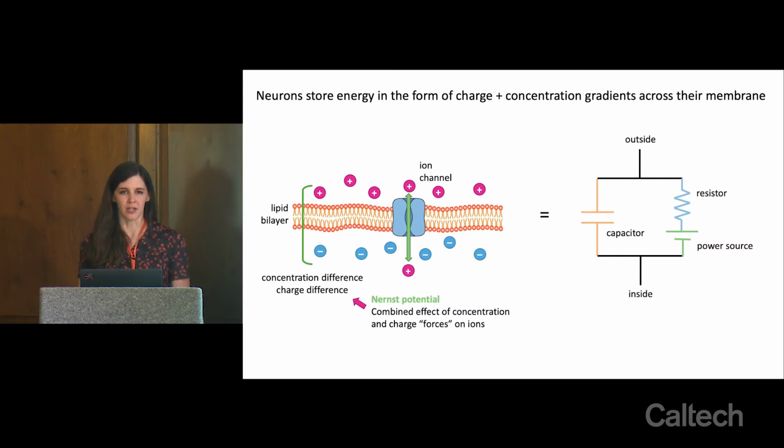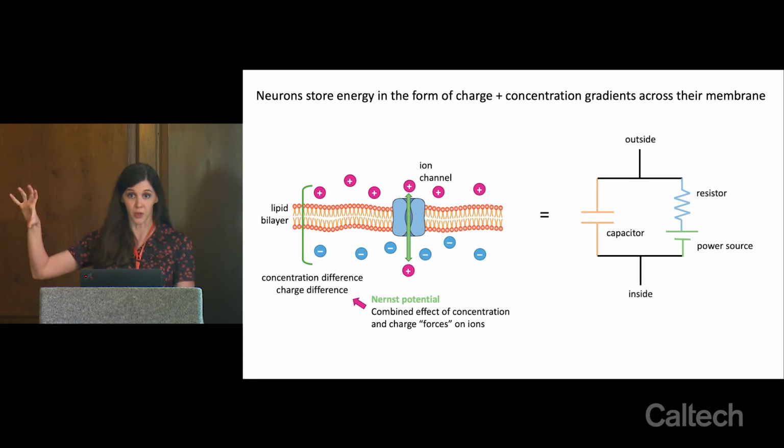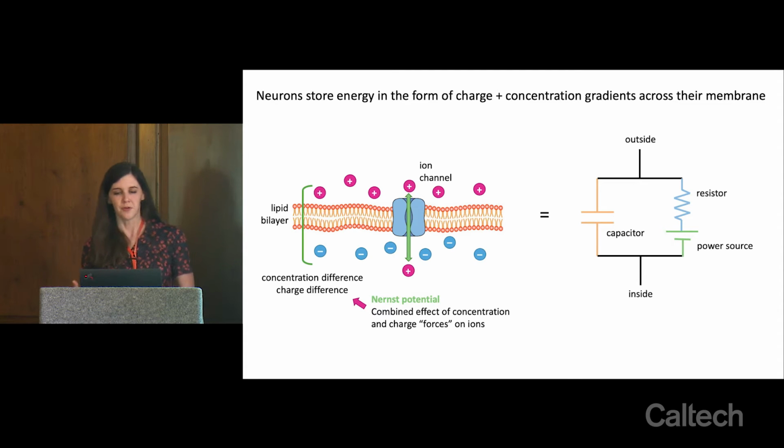So in keeping with our work of relating these biological properties of cells to properties of electrical circuits, you can think of this sort of as a resistor. It allows charge to flow through it, but there's some inherent resistance. There's only so many ion channels that are available. Ions can only pass through them at a certain rate. So the more ion channels you have in your membrane, the lower your resistance is, the easier it is for a charged particle to flow from one side of the membrane to the other. The fewer channels there are, the higher the resistance of the membrane to that particular charged particle.